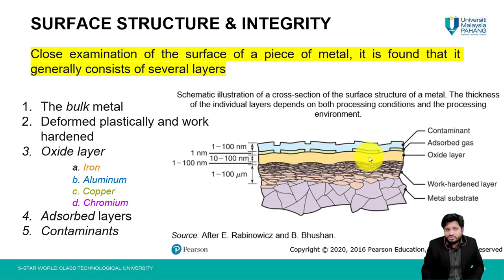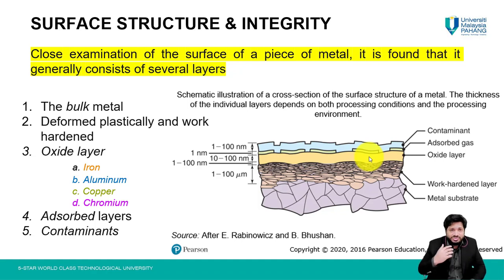Next we move on to stainless steel. When we talk about stainless steel, it is formed because we want a corrosion resistant material. So chromium oxide is formed in the stainless steel, and it acts as a protective barrier against corrosion and corrosion products. After the oxide layer, we have the adsorbed layer. Under normal environmental conditions, the surface oxide generally has an adsorbed layer of gases or moisture, so that moisture and gases are also adsorbed on the surface.